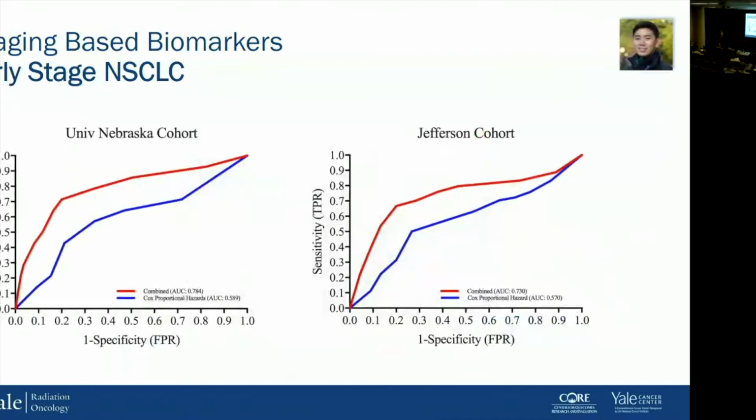And what we see in the Nebraska cohort is that our combined model does not perform as well as our model trained at Yale, but it still performs fairly well, and it still outperforms a Cox proportional hazard model. And I think the big thing about the regression techniques that's always been thought about is that they generalize quite well, meaning that they can work very well on unseen data. What we found is actually that the Cox proportional hazard model trained at Yale works significantly worse, if you compare the differences between the combined deep learning model and the external validation set. And that's actually been verified both in the Nebraska cohort and the Jefferson cohort.